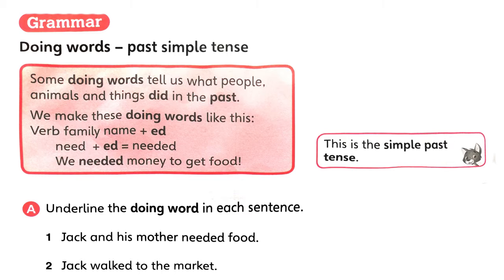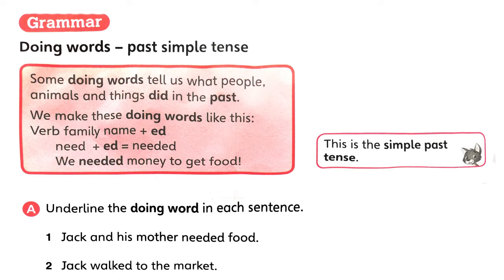So you know when we say doing words, it's verbs, no? Verbs are doing words, it's an action, no? So we see that if we want to put this into past tense, what is past tense? Past tense is something we have done in the past, that we have done and finished, no? We have done and finished. So we see it's the past tense.